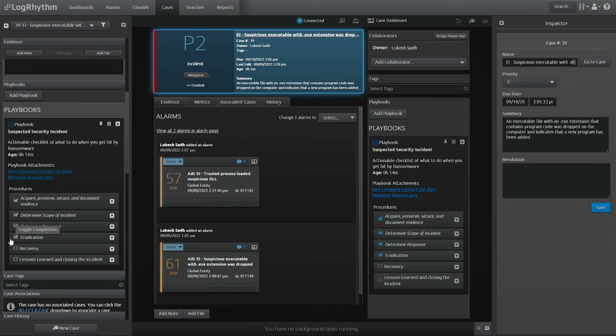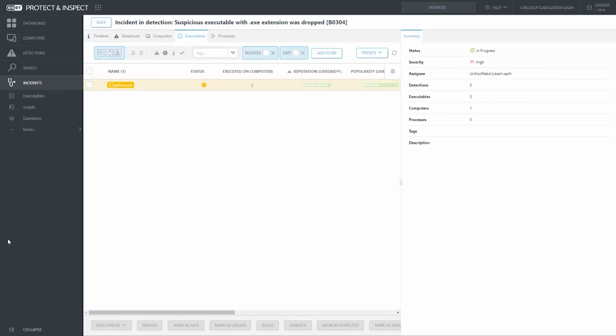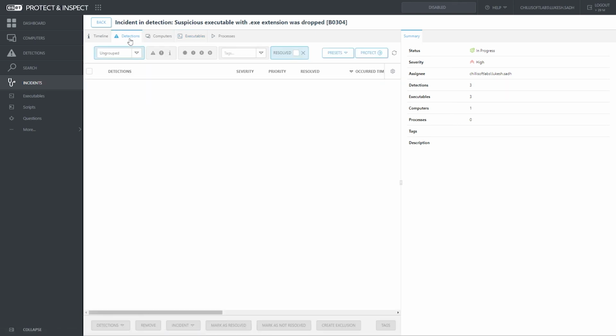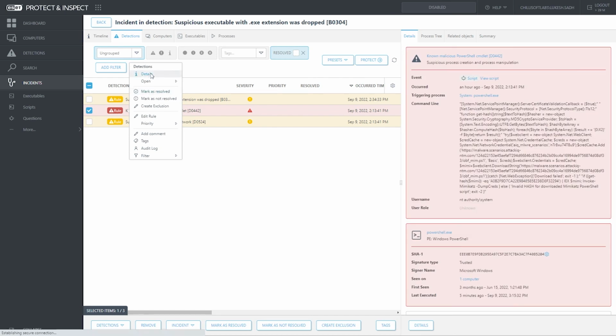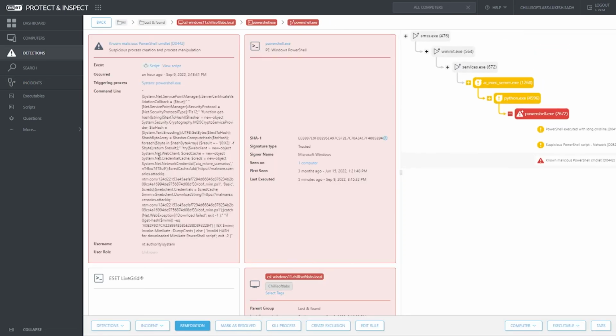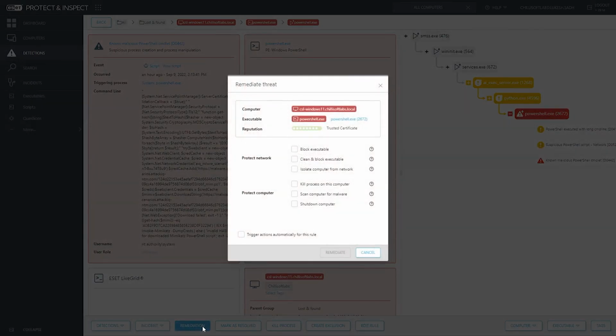To completely eradicate and prevent any similar attacks in the future, we shift our focus back to the ESET EDR console. In the Detections tab, open the responsible detection, in this case, known malicious PowerShell command, selecting the Details option. From here, a security analyst can take remediation actions by simply clicking on the Remediation button. As we have already manually blocked the executable, we now only need to protect our network by selecting Isolate Computer